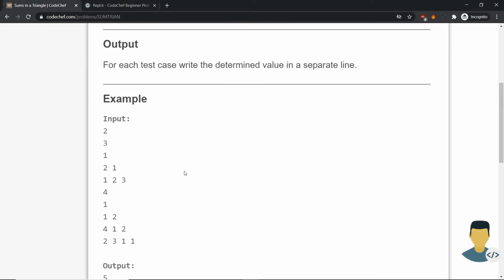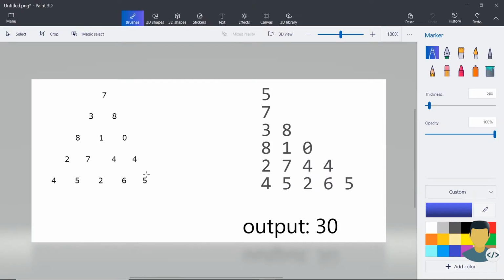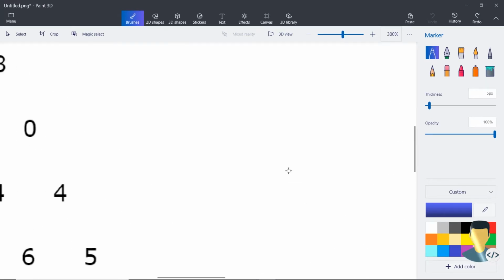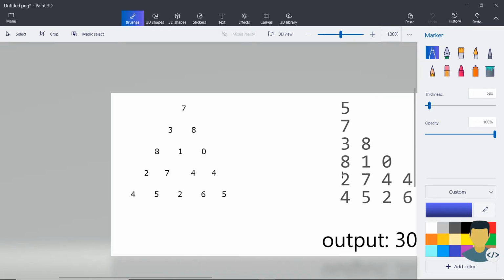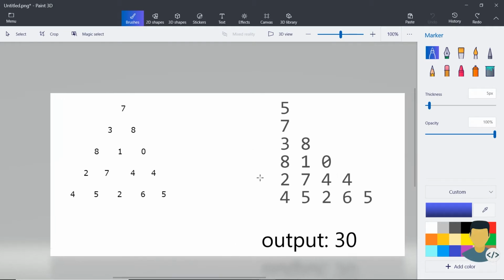So I have an example of my own here. Our input is a 5-line matrix. First line is this, second this, third is this, and depending on which line it is, we have that amount of numbers. So if we see this as a triangle,